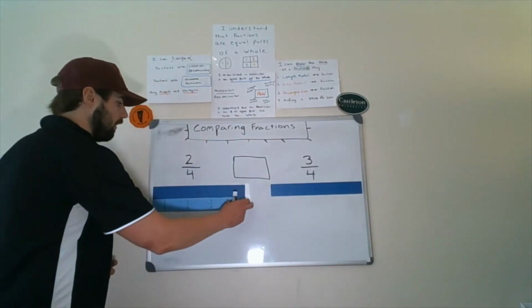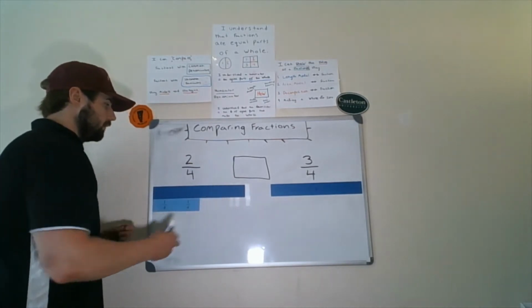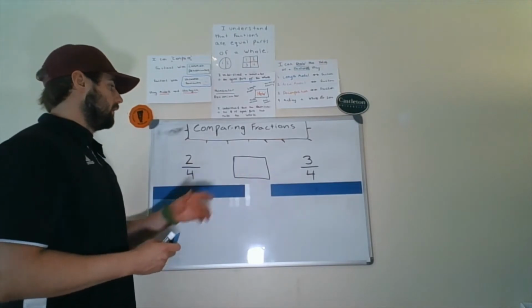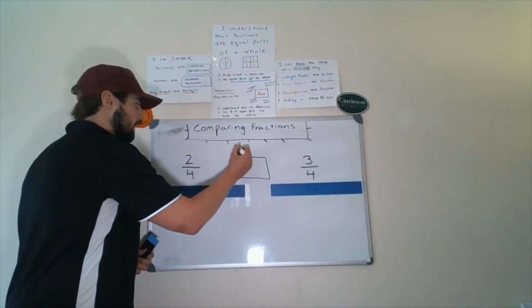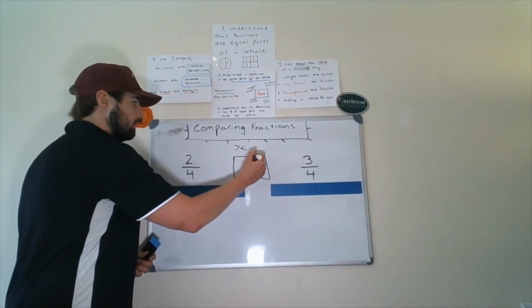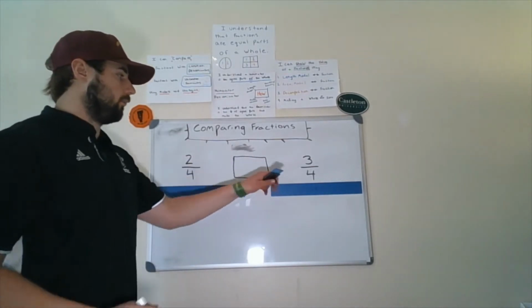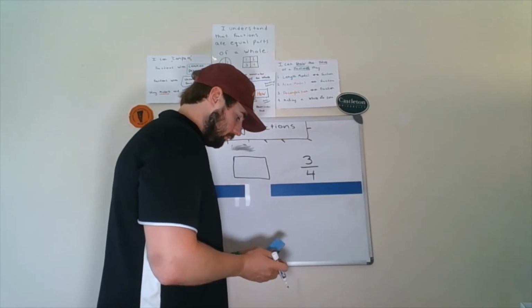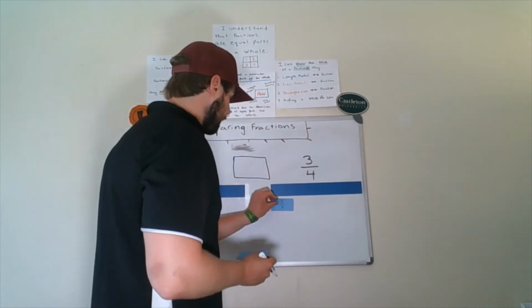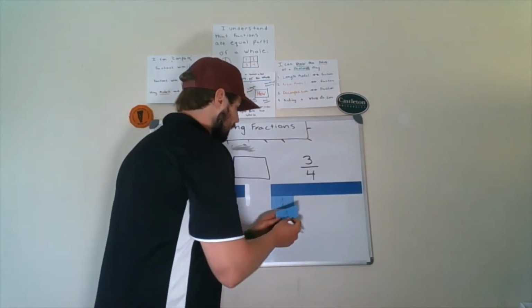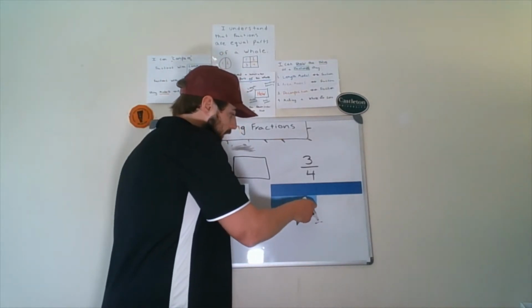But we're talking about 2/4, okay? And we're comparing it. We're either going to be writing greater than, less than, equal to 3/4. So, let's take a look at 3/4 using the trusty magnetic tape or length model